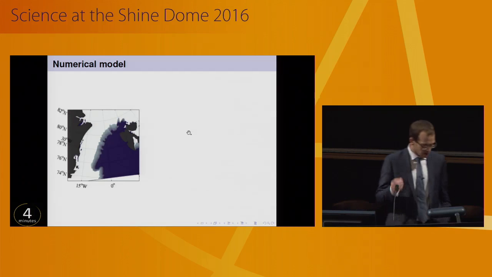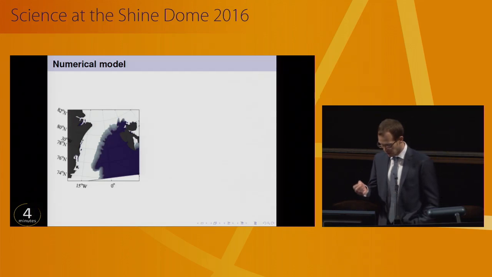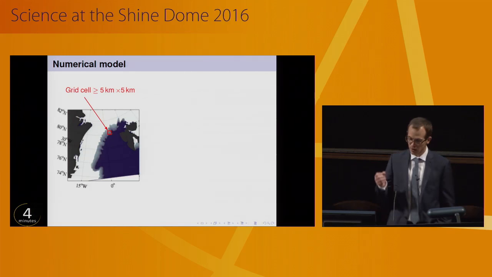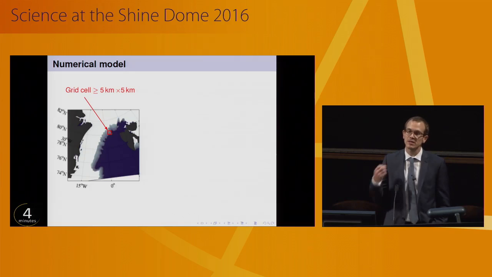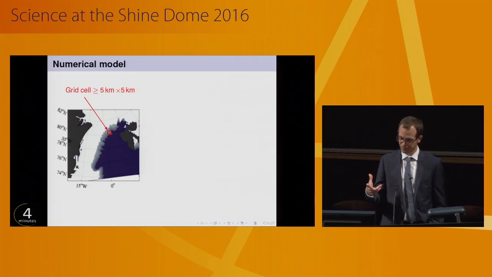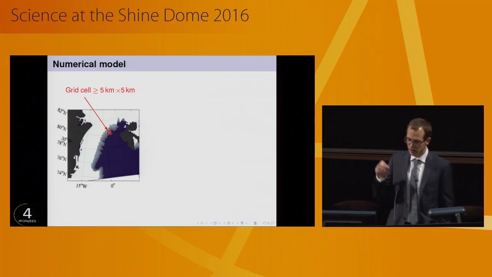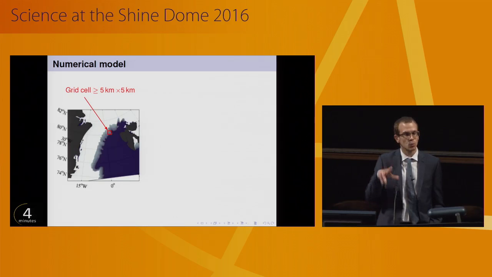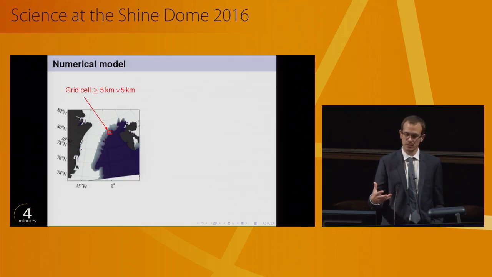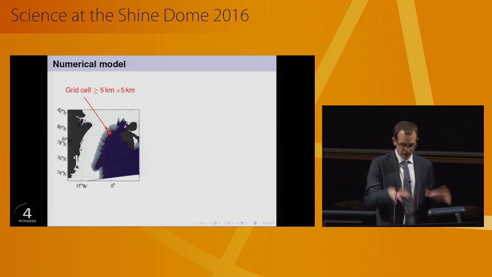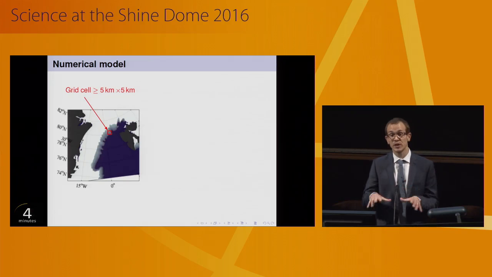So that's a large-scale numerical model. It has grid cells, which are approximately 5 kilometers long. Now, the model considers the ice cover to be a continuum. That's really the only reasonable thing to do from a computational standpoint. It means, though, that it doesn't resolve the individual floes. In a similar manner, it considers the wave fields to be an energy distribution rather than a collection of individual waves. What we want to do is find out the distribution of energy in the ice-covered ocean so that we can predict breakup.